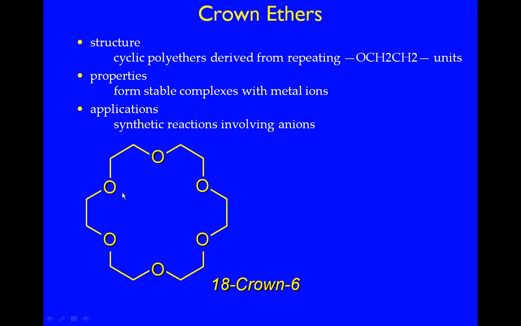They are polyethers, cyclic in nature, and they form stable complexes with metal ions because of the donation of the lone pairs. Metals are electropositive, these are electronegative, so there could be bonding between those two types of species that come in touch with each other. Their applications are normally in phase transfer catalysis, where synthetic reactions need to be